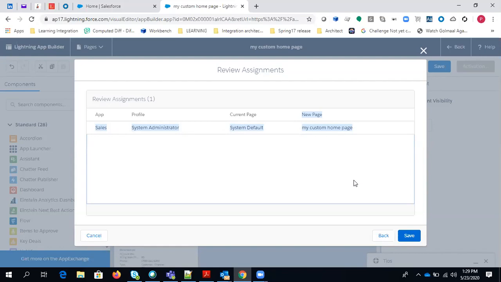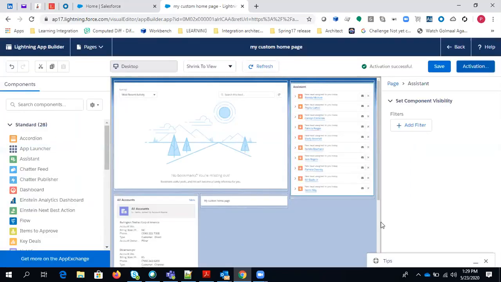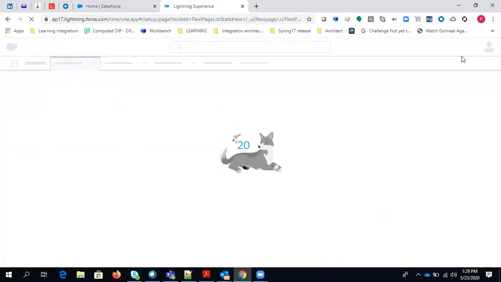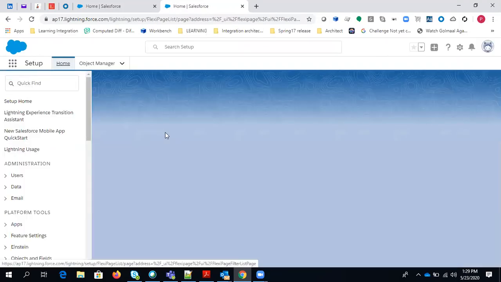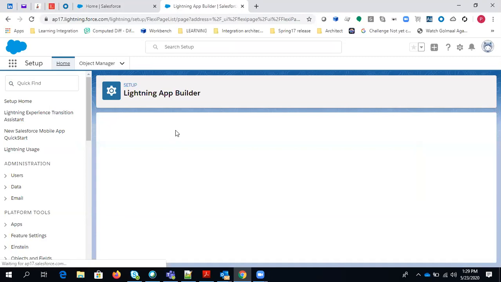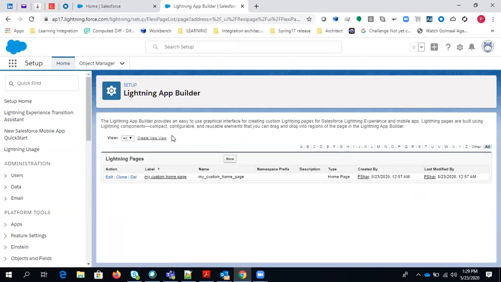So these are the changes we are going to do. Just hit save, and after hitting save, this page will be activated. So I hope it is activated now. Let's go back and check again if this particular page is visible. You are aware that we have used chatter in the front, and in the below section we have used 5 accounts to be displayed, and then we have used a text just to recognize whatever we did. So let's just check it.